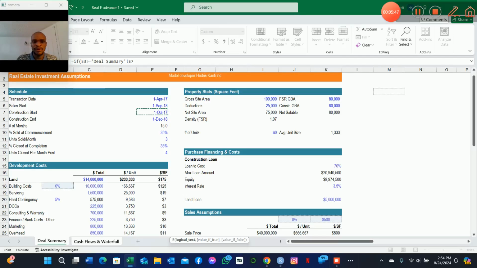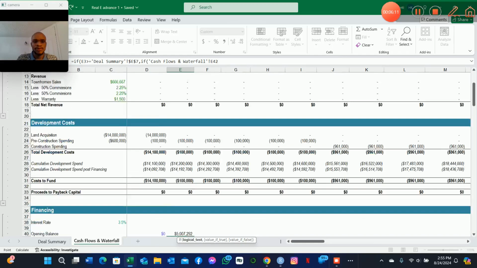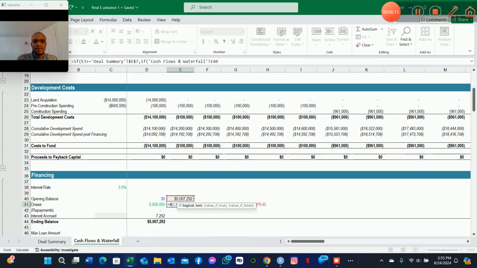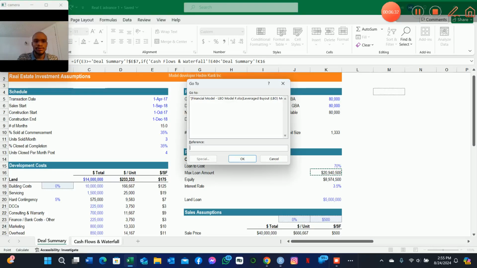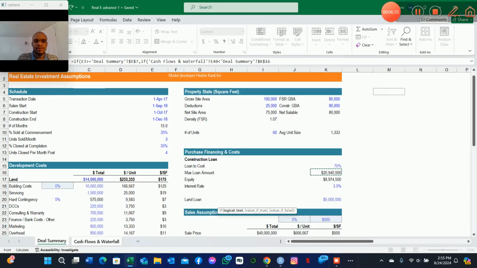for further funding of the project. So we say if the date that we're in is greater than or equal to the date at which construction starts, and if we go back, this opening balance is less than, if the opening balance is less than the maximum loan amount, then